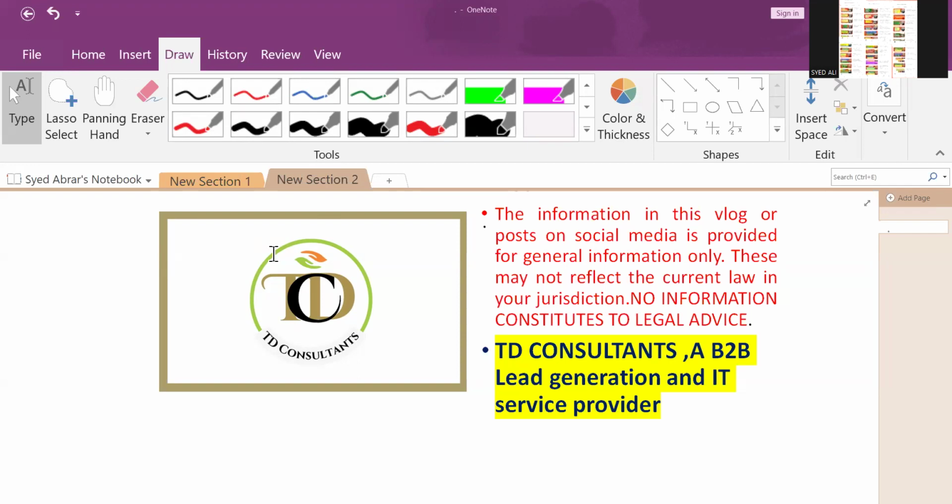Now we have expanded the domain of TD Consultant. We used to upload videos only about power, electrical power. Now you will see we will upload videos about information technology application in power system, AI, artificial intelligence application in power, smart grid, and what are the IT services, the vocabulary of the information technology world, and also we will deal here with how to set up companies